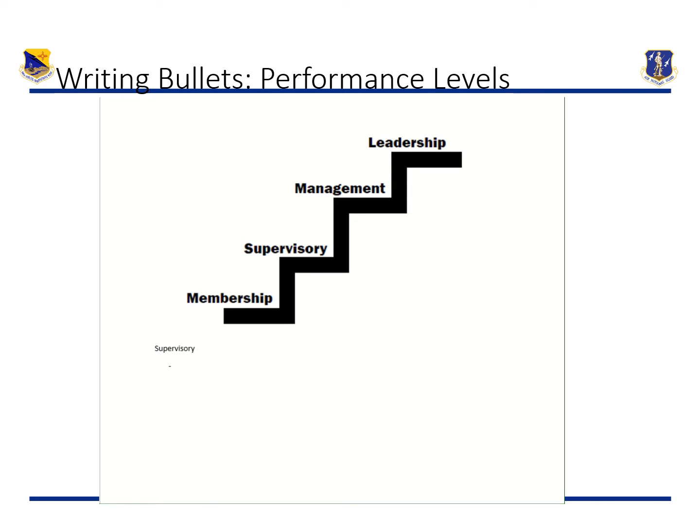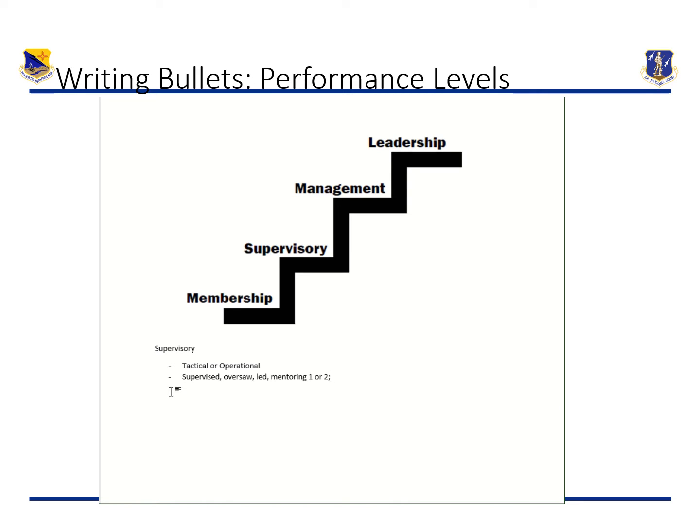And the supervisory level is tactical or operational in nature. It basically depicts more actions that are normally accomplished by NCOs or journeymen. When we look at supervisory level, again, tactical in nature or operational, and we're going to see things like supervised, oversaw, like overseeing, leading, mentoring, 1 or 2, small scale. These are keywords to describe actions under the supervisory role.